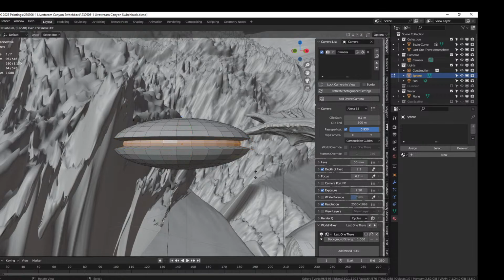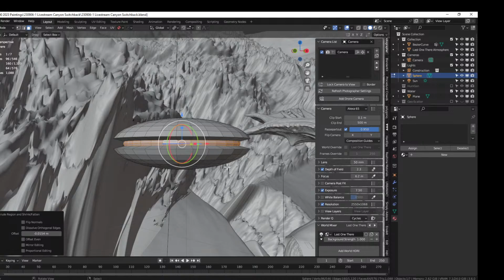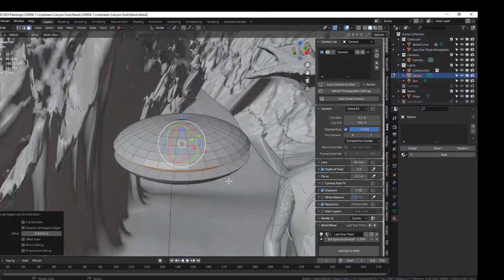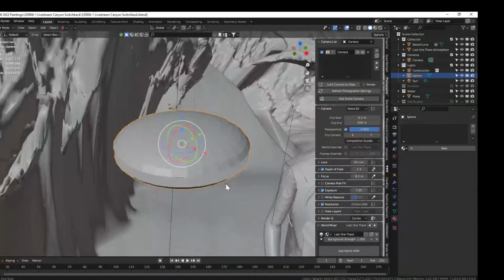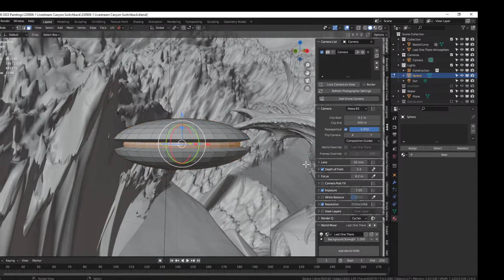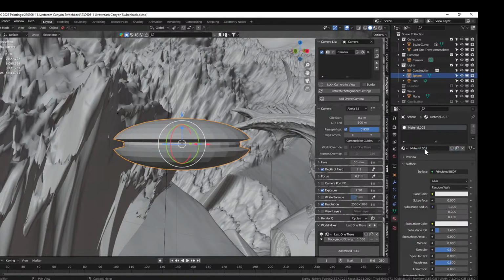Bring it in like that. Okay. Then tab. Sorry, not tab yet. Materials, new, tab,